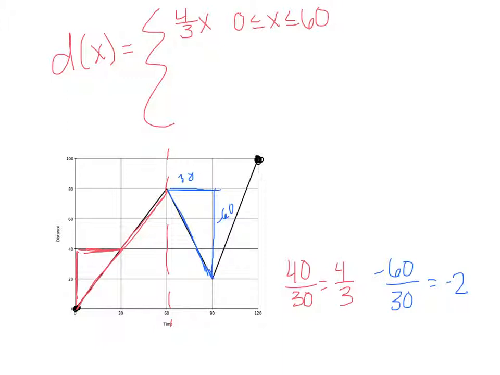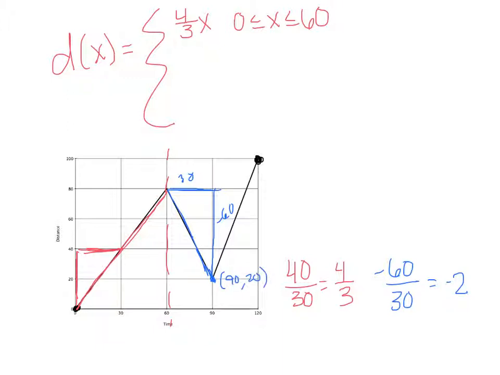But I don't have the y-intercept. I can't see the y-intercept. So what I'm going to do is use point-slope form. Remember, point-slope form is where we know the slope and a point. It looks like I have a couple points on my graph. I'm going to choose this one. 90,